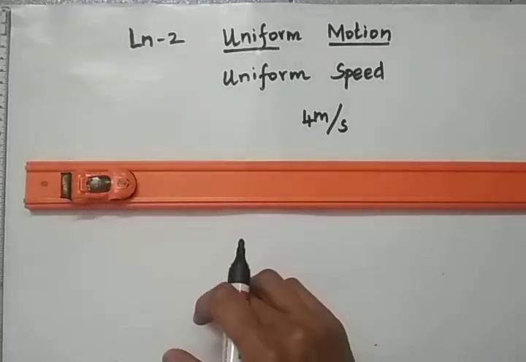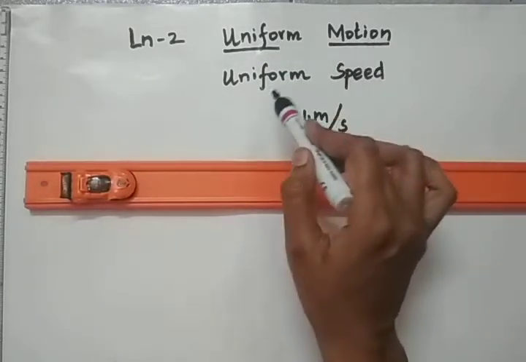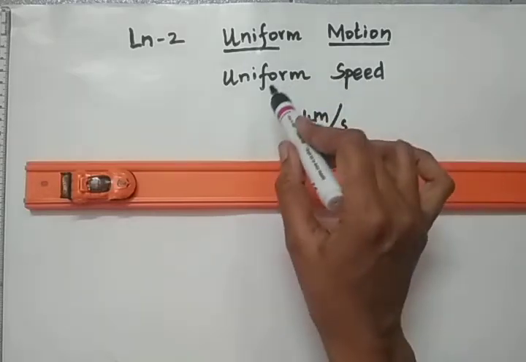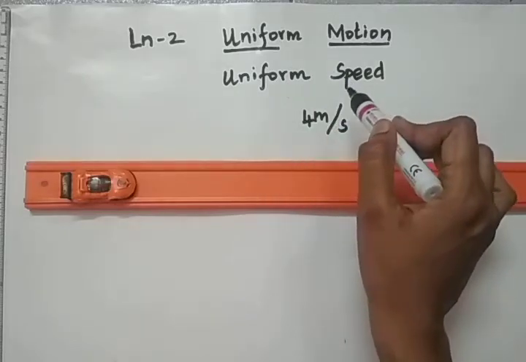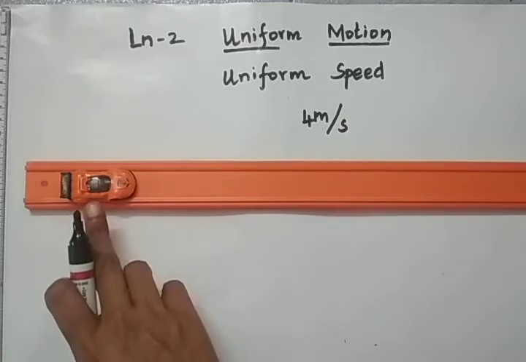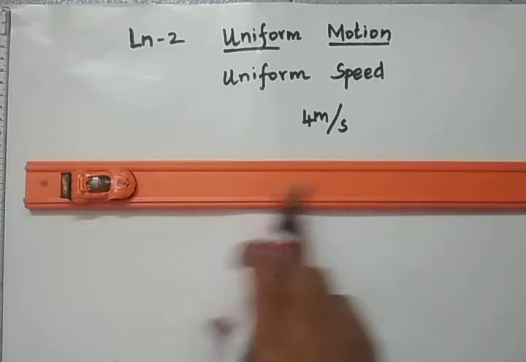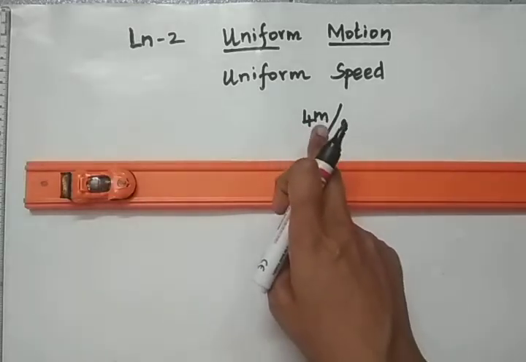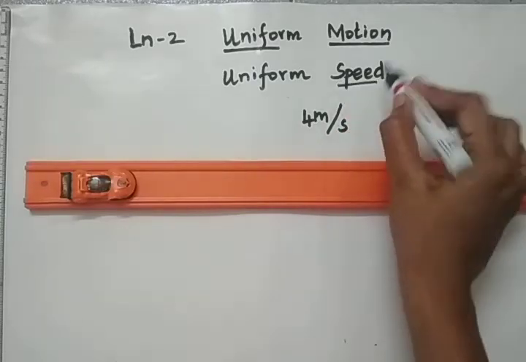In this video, we are going to learn about the next term, which is uniform motion and uniform speed, and how it is different from non-uniform speed. We have already learned this in 6th standard, but we'll just recall. Just imagine that there is a car racer who is practicing on his lane for a car race, and he maintains a speed of 4 meter per second. You know that meter per second is the SI unit of the quantity speed.